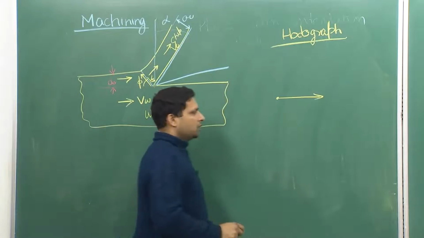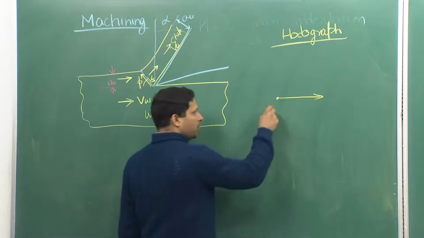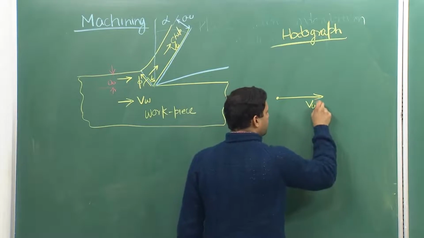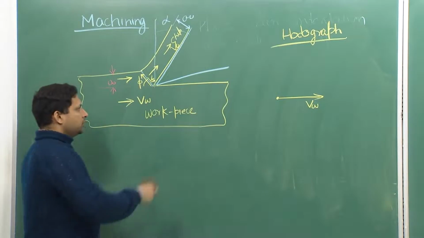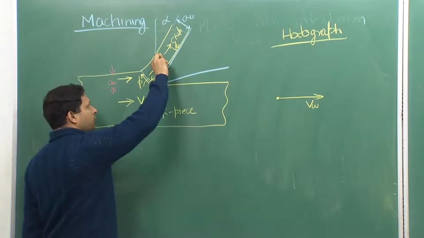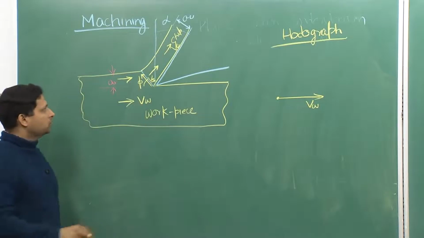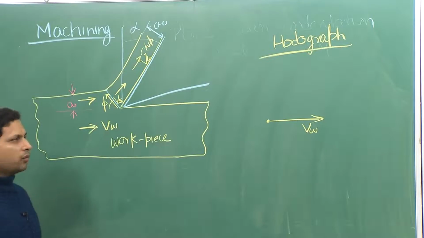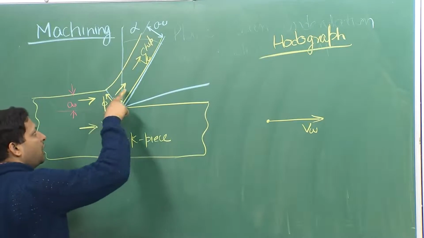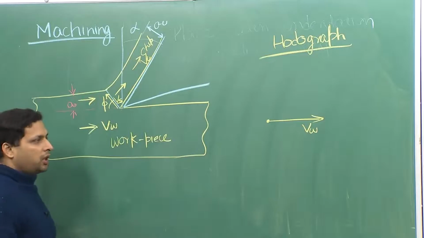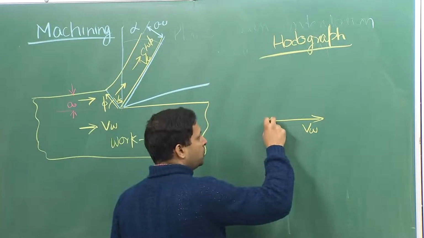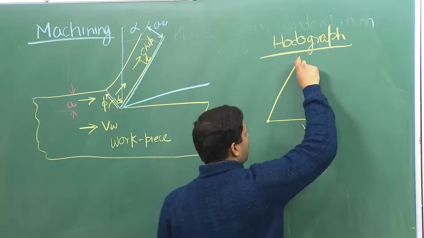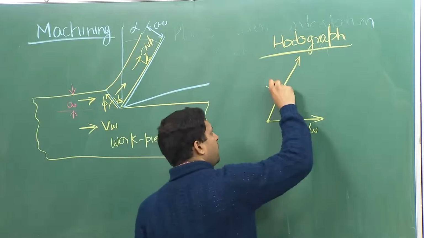So, the original material is moving in this direction, it has a velocity V w, and let us say that for the sake of argument V c, which is the chip coming out, is thinner in dimension than A naught, which is usually what you would have. That would mean that this will be moving at a much larger velocity, although in a different direction. So, this will be your V c,